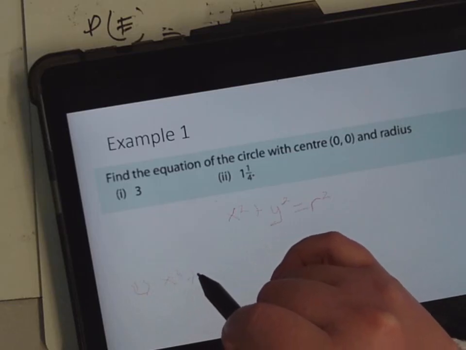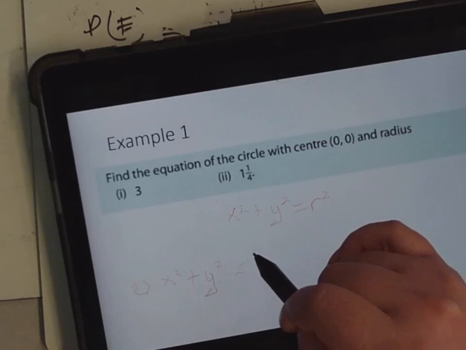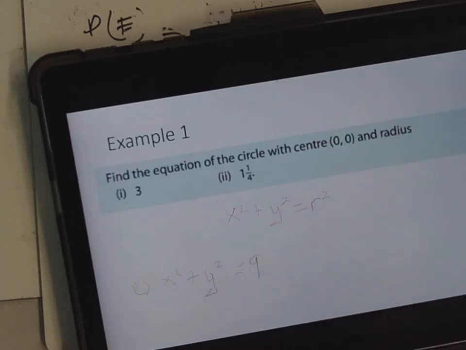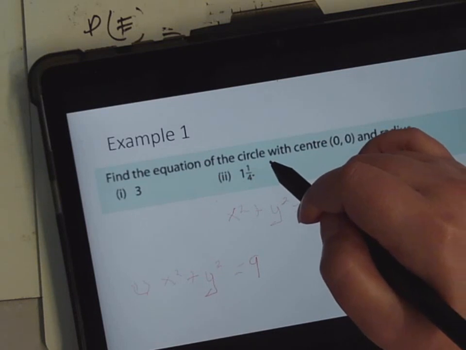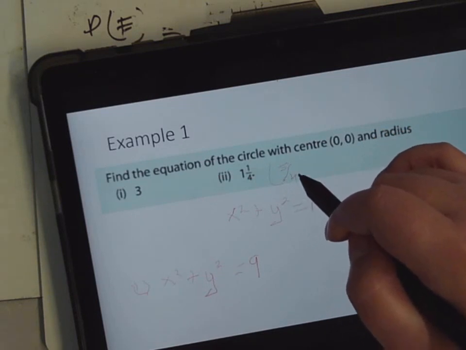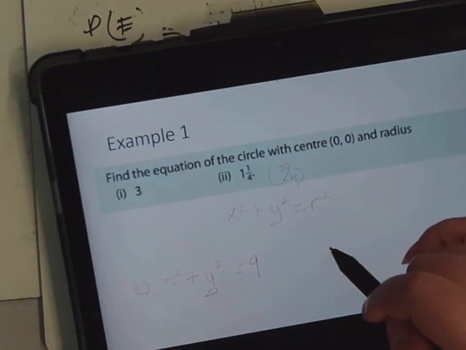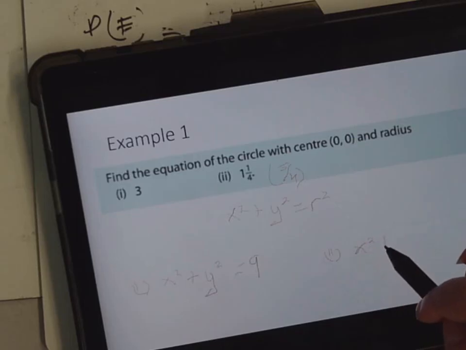I'm presuming I don't need to write that out. And 3 squared equals 9. If you left it as 3 squared, you'd lose marks. And I'm going to write 1 1/4 as 5/4, a top heavy fraction. So part 2 would be x squared plus y squared